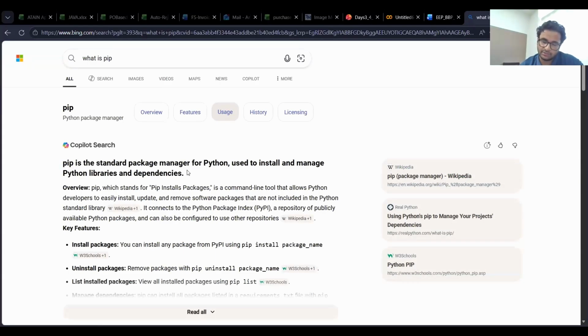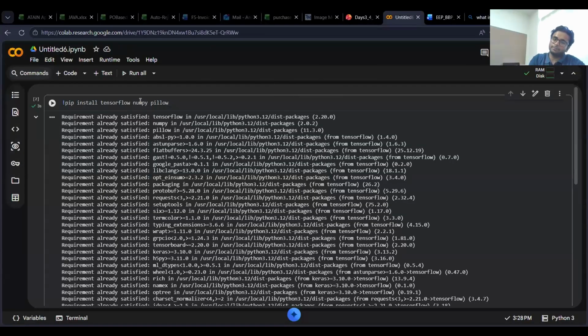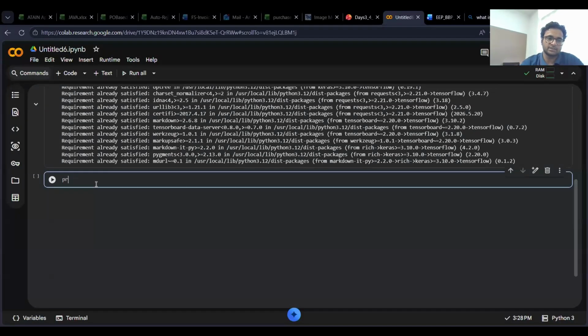I generally use npm for my specific use case, but for Python, pip is used to install different packages that are needed as per the requirements of the code. Here we need to install TensorFlow, NumPy, and Pillow. These are all third-party libraries which have a lot of functions and models which can be used. TensorFlow mostly contains the models, but the rest are just libraries.